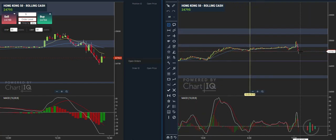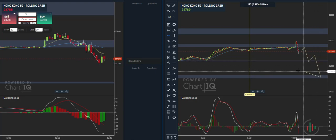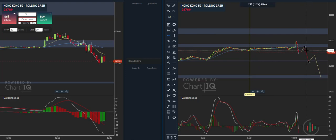So ideally, if I want to work from this offer zone to a bid zone, or through this bid zone down to here, I want to see sort of a pop up there, and then potentially something like that. That's probably a bit drastic, but that's what I'd be looking for. Okay, I want to see a sort of a retest in that hole, because once that's coming down here, you've got